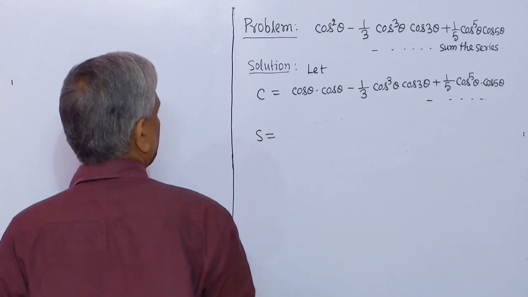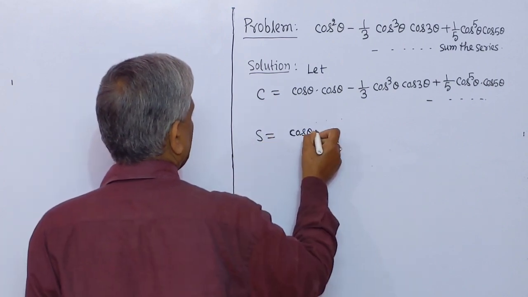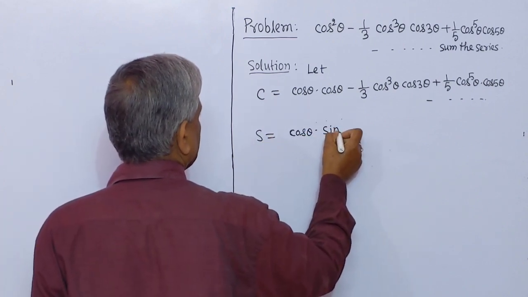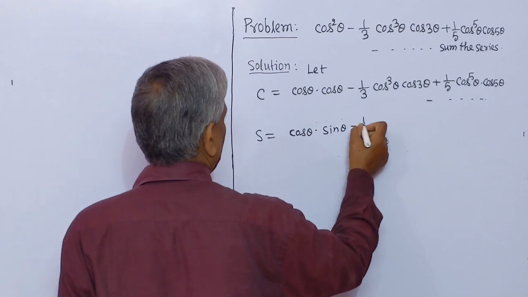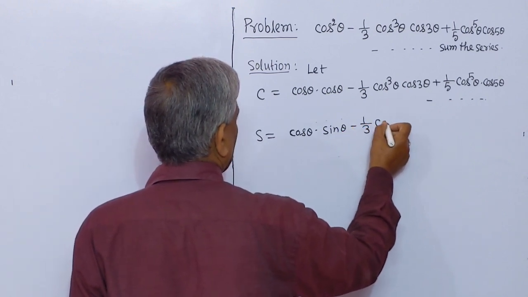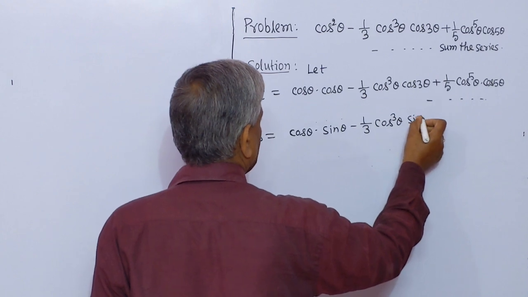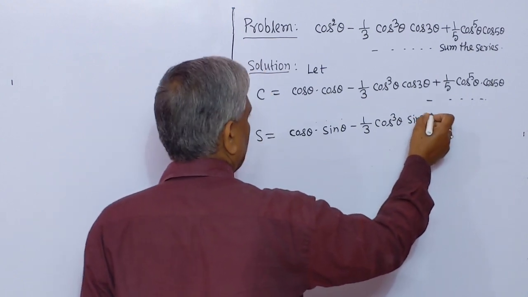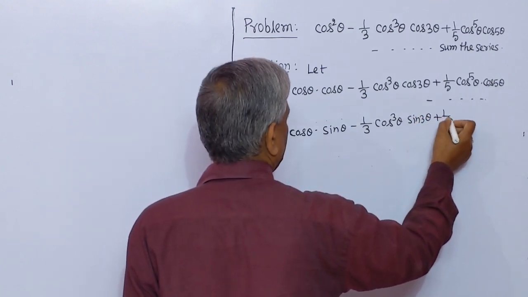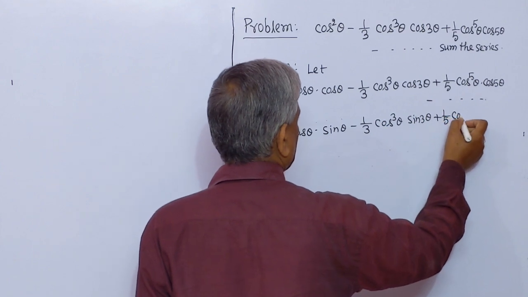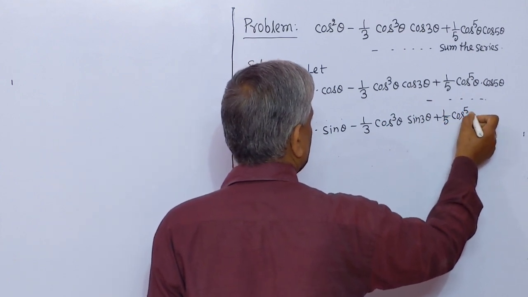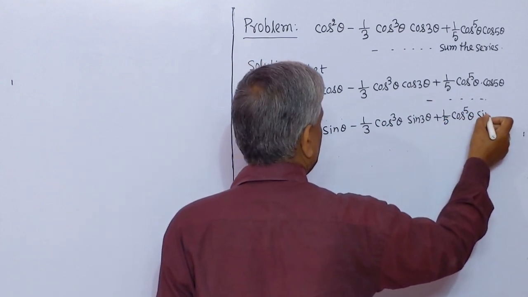S equal to cos theta multiplied by sin theta minus 1 by 3 cos cube theta sin 3 theta plus 1 by 5 cos to the power 5 theta sin 5 theta